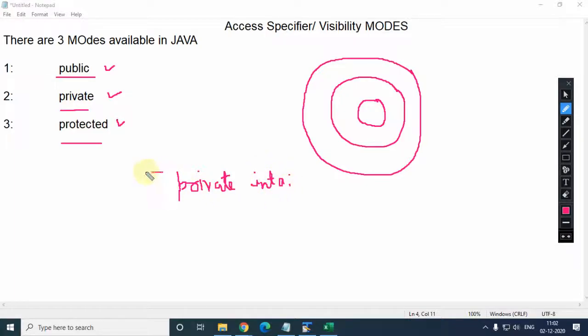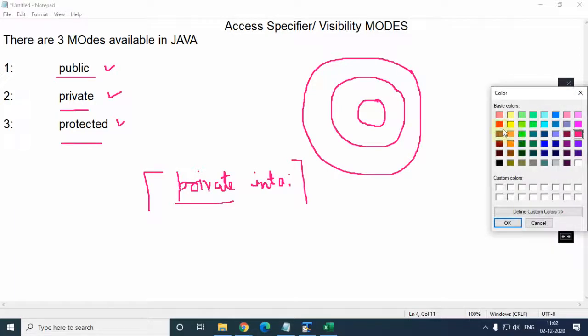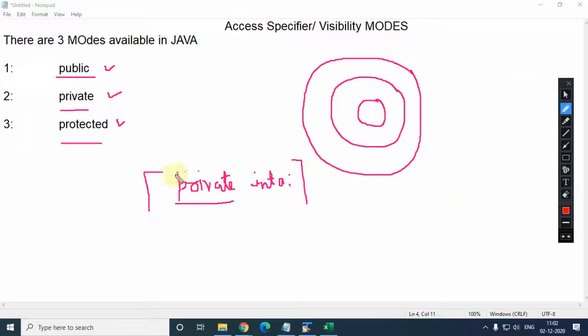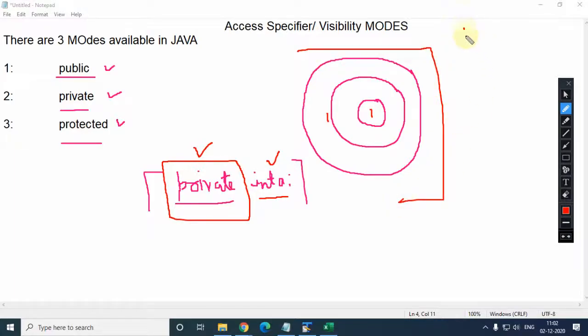So this is the specifier which has the least visibility. That is why it is known as private. Private means whatever you declare as private, suppose this is your first class, the main class, and this is your derived class, and the whole thing you can say is your package where you are executing your program.